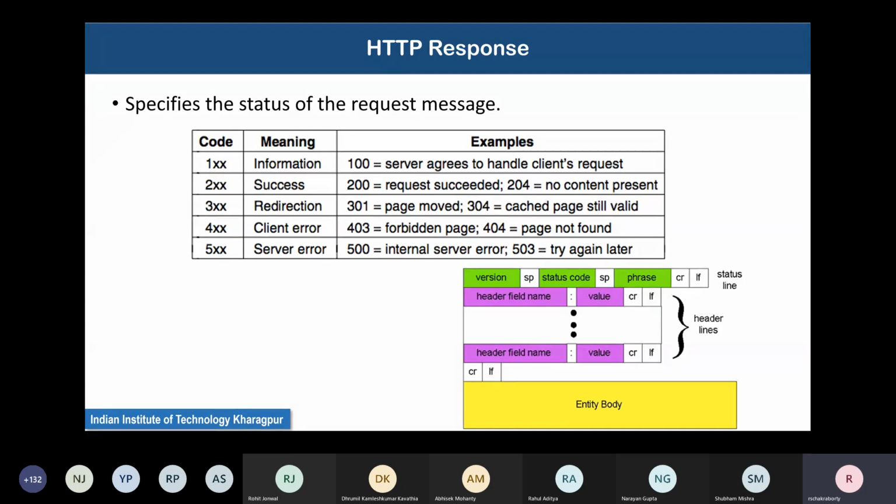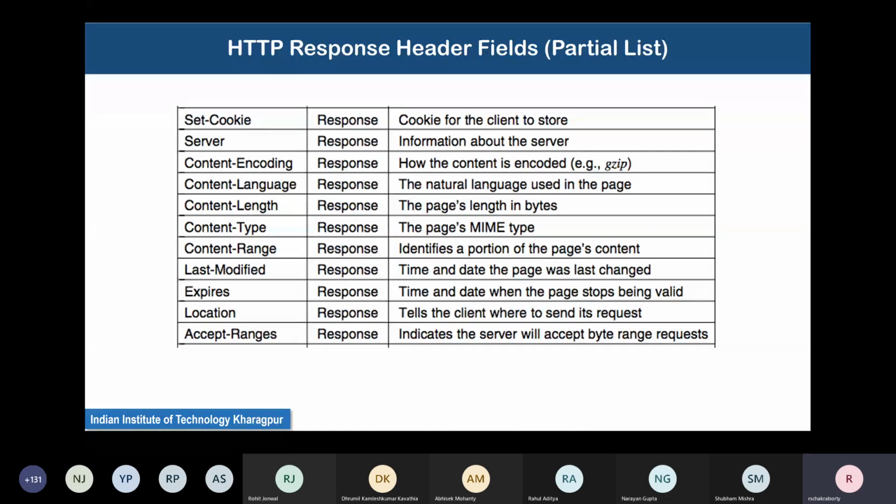Now, when your browser finally receives this code via HTTP, it usually displays the code it received, and it also displays the corresponding string. For example, 404 page not found. So it will display this to the user to tell what happened. So this last-modified information is very important.